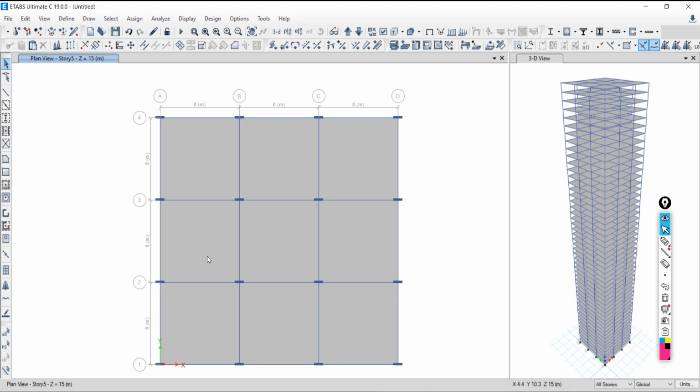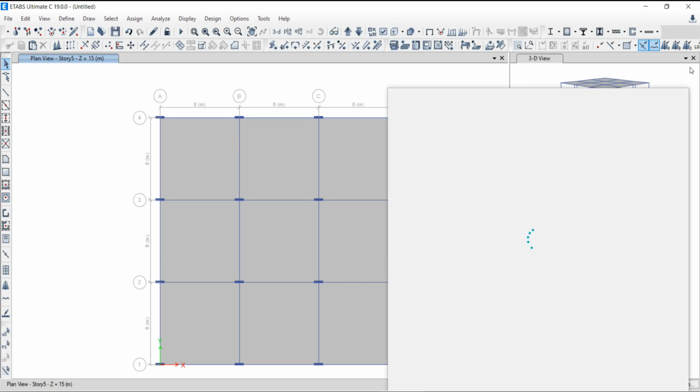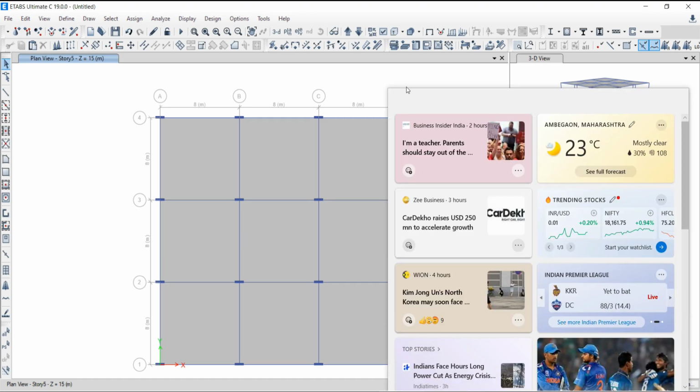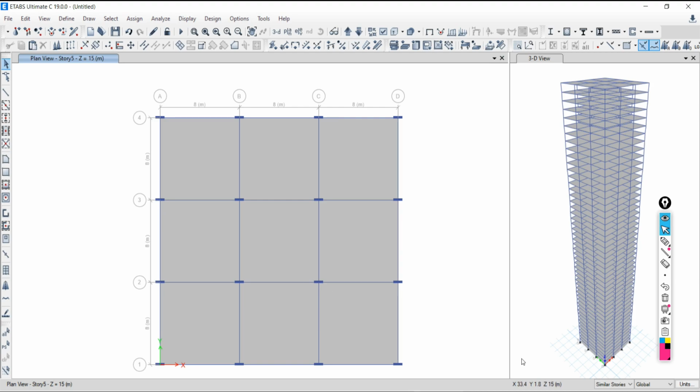All story: if I am clicking here, the selection is going to be done top to bottom. Clear this. But I want to make the selection of 5th, 10th, 15, 20 and 25. 5 selections should be there at once. So check the similar story option, and now select here. How many slabs should be selected? Tell me fast. 5. 5 slabs, okay. With the similar story, click here.